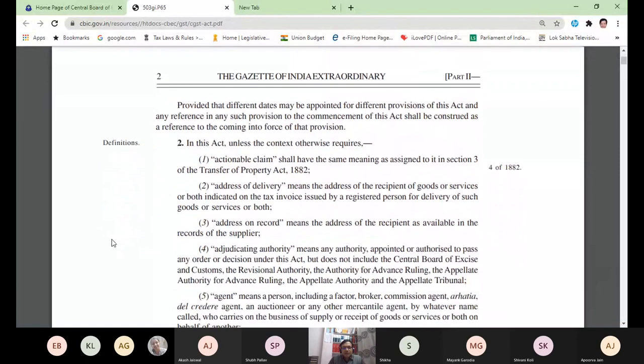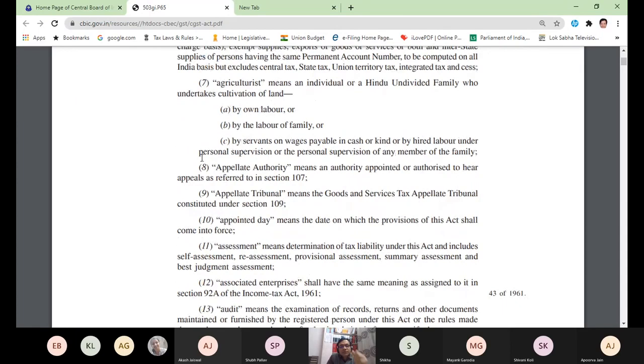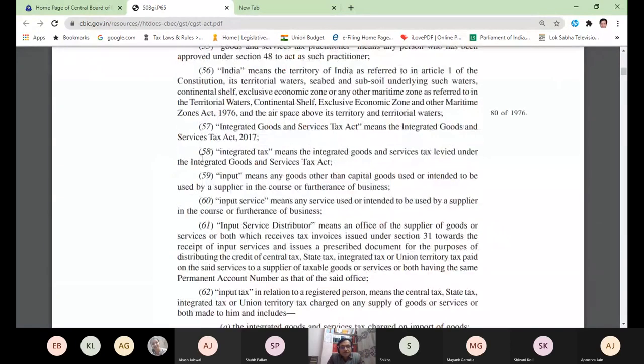Now, this is my CGST Act, and here it is section 2, definitions. And what it says, in this act, unless the context otherwise requires, that means if something is not defined in the respective section, then you read me. This is what section 2 says: first, you read the respective section, then you come to me. Now, these are different clauses, in alphabetical order, just like a dictionary, starting from A and going on. So I have to check the definition of reverse charge, so I have to go to R.